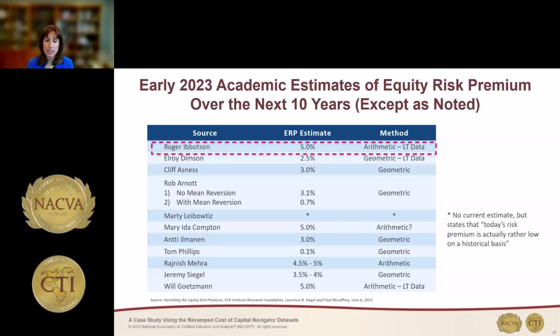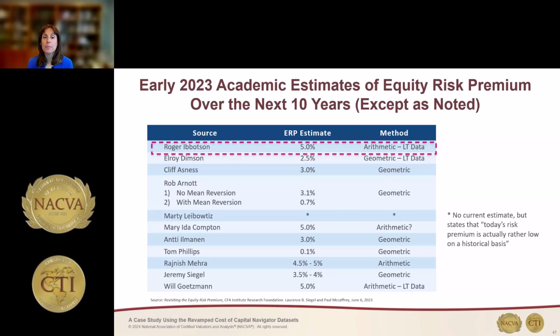And this was a CFA Institute Research Foundation monograph or publication. They've been doing this every 10 years for the last 30 years. And they asked a number of academics who are well known in the area of equity risk premium to see what their views are for the long run. Now, notice that they did not ask Professor Damodaran to join this. He has not been part of this academic